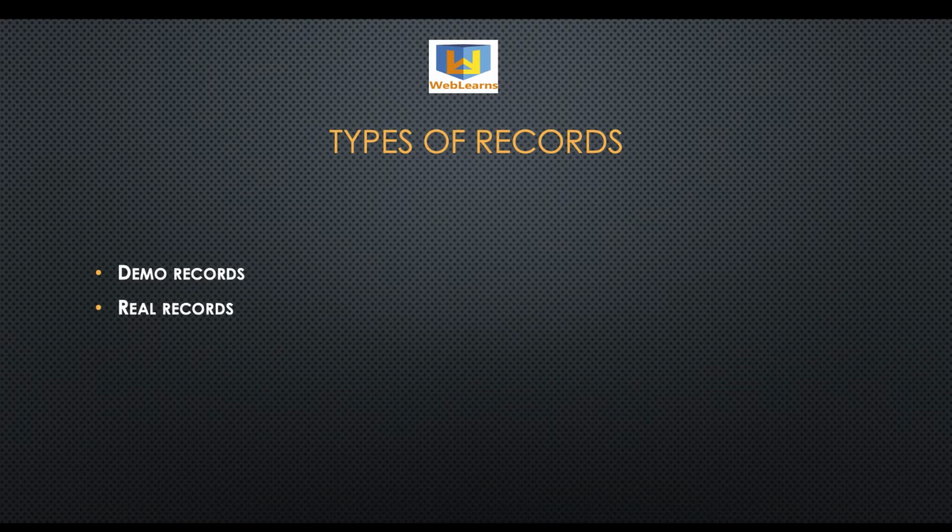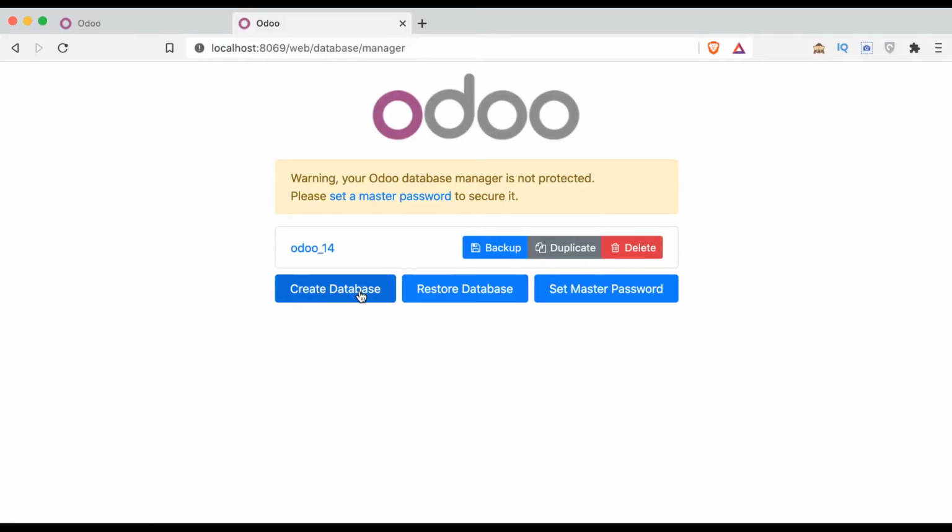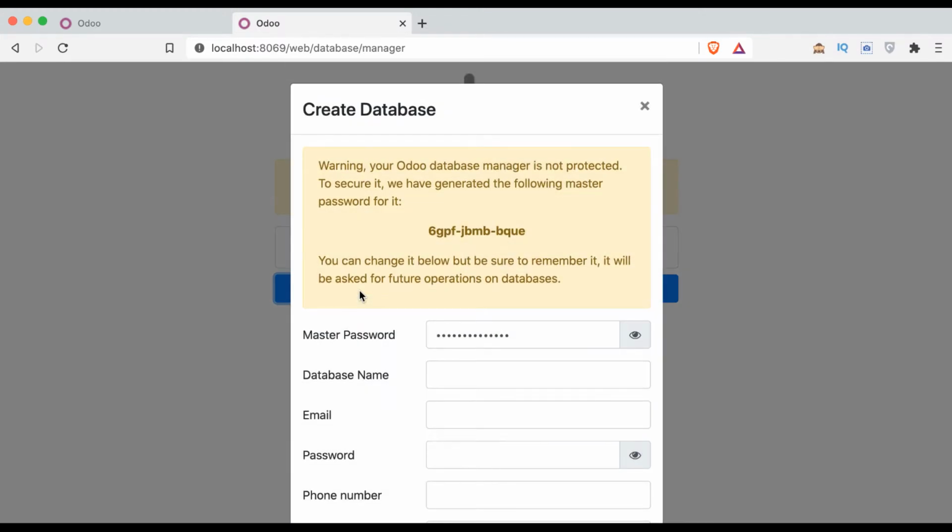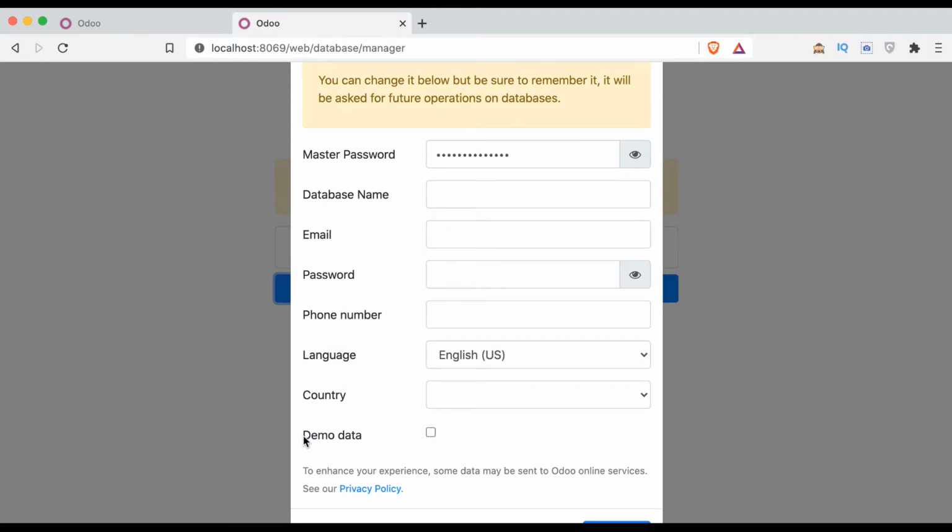If you remember the database creation screen, let me refresh that screen. Once I click the create database button, you will get this checkbox, demo data, and once the user clicks it, it will preload all the demo data into the specific database, and you can access those data easily. This database is not used for the production server; it is helpful for staging and development servers only, at least we can test some flows here.